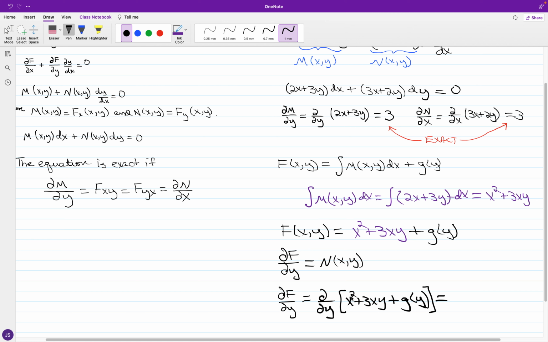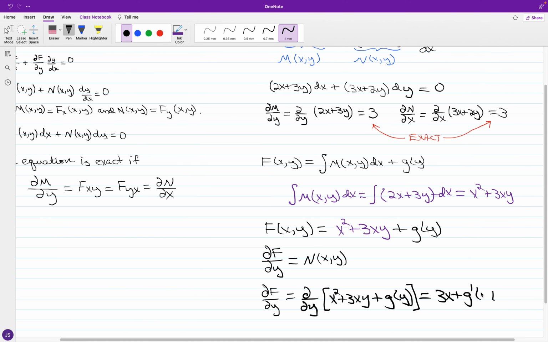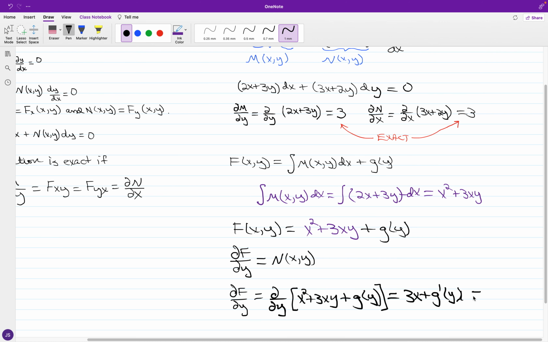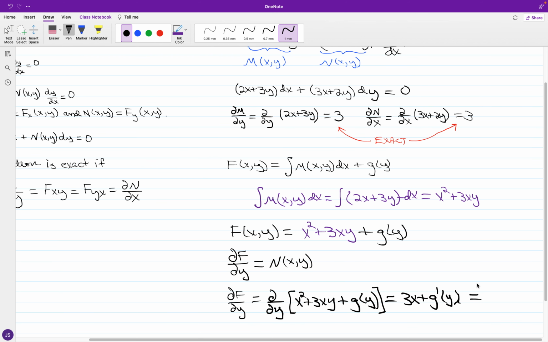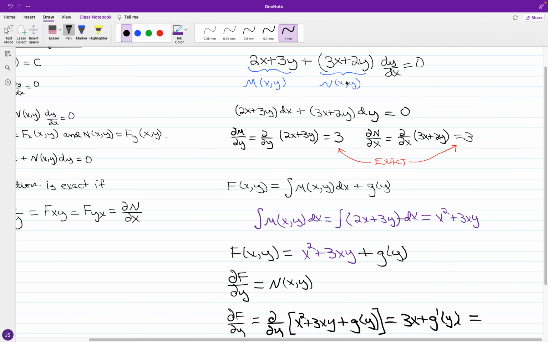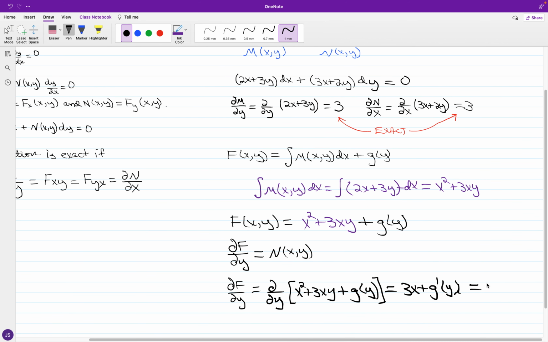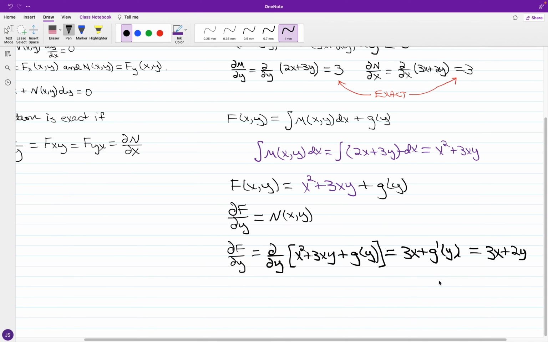That of x squared goes to 0, that of 3xy goes to 3x, and we have plus g prime of y. I want this to be equal to n of x and y, which is 3x plus 2y. If you notice, we have the same terms of 3x,